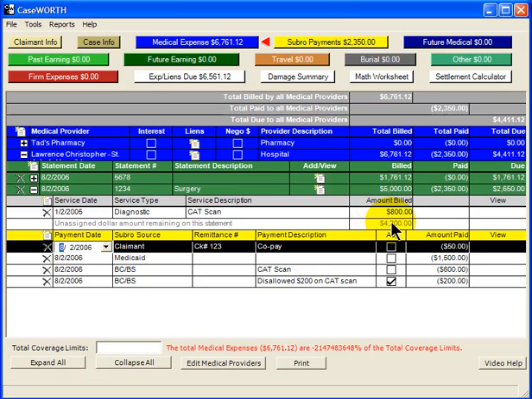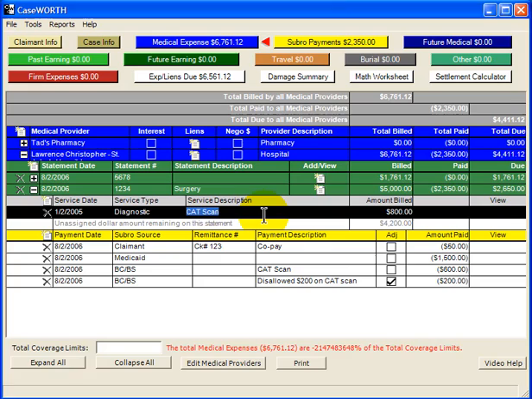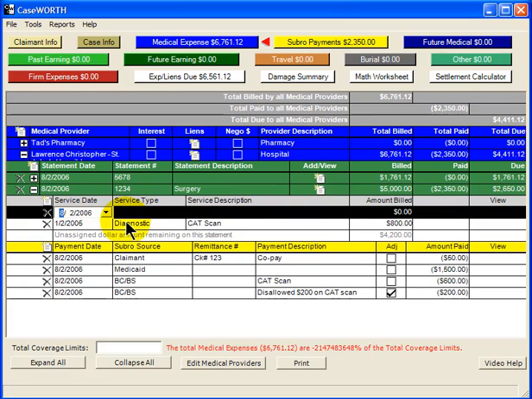Now that leaves $4,200 unassigned on this bill, and it also kind of offsets this $600, $200 payment and adjustment you see down here. If that's all you want to call out on this particular statement, if this CAT scan is all that's legally significant in your case, then that's all you have to put in. If the other $4,200 is room fees and aspirin and rubber gloves, then there's not much reason to enter that information. If, though, on 1/4